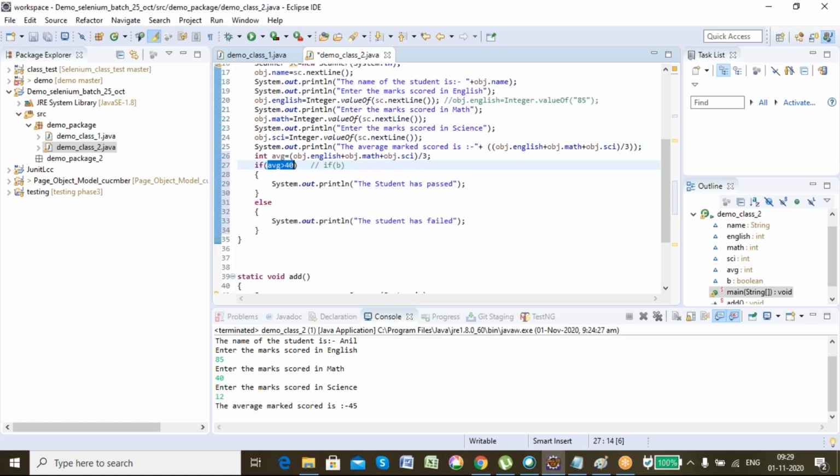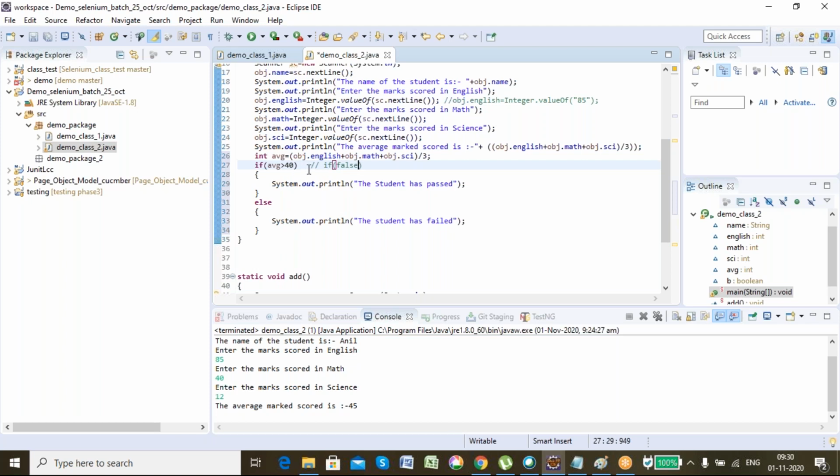Here in this case, as it is 45 greater than 40, that is true. That means in the backend after the comparison, if true, then only it is entering here. If it would have been less than 40, it would have been false. If false, then it would have entered the else part.